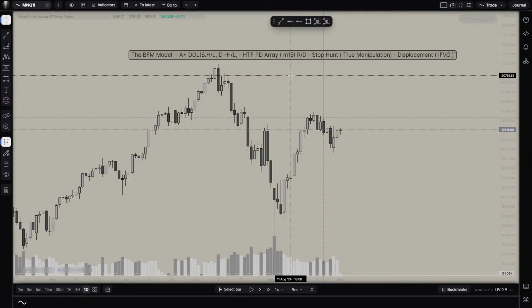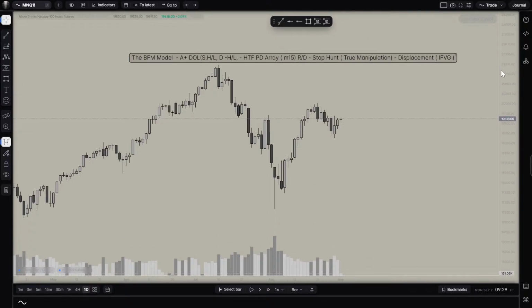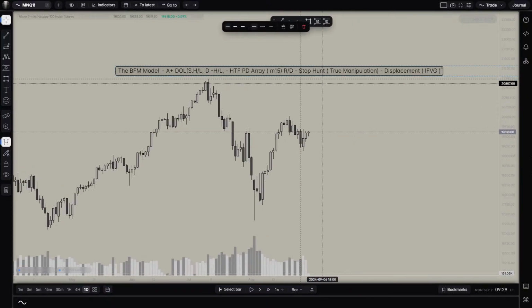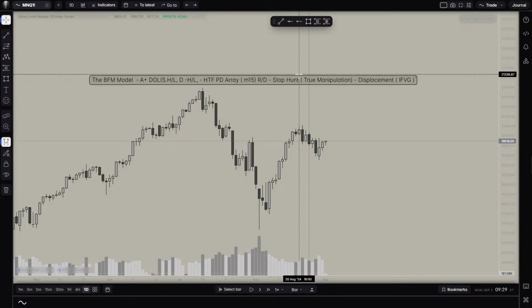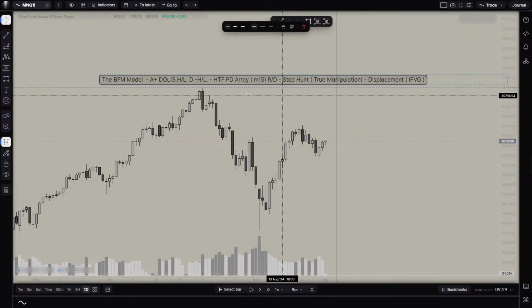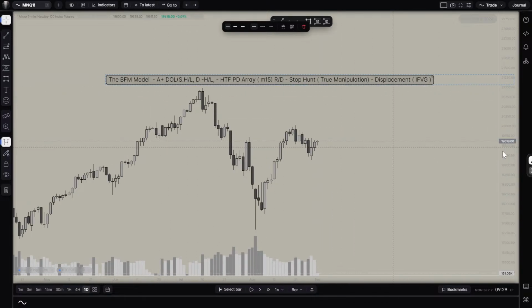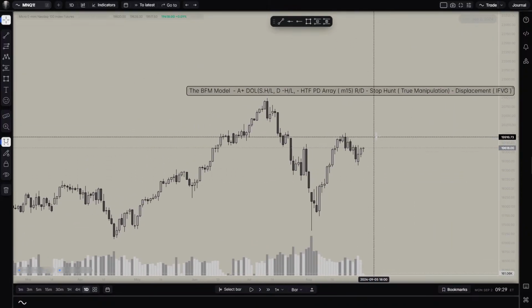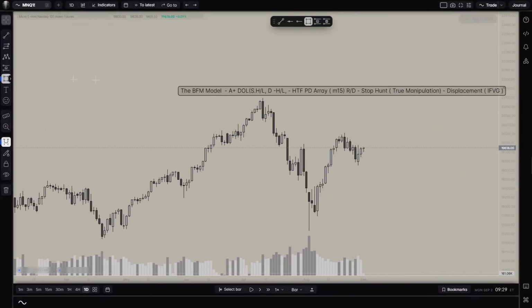2024 price action. And before moving on to the video, yesterday I didn't talk about my model, what I use. So this is my model where I always look for A plus draw on liquidity. What does A plus draw on liquidity mean? It means obvious pools of liquidity. If you can see right here,